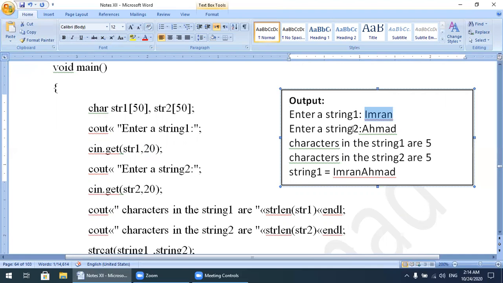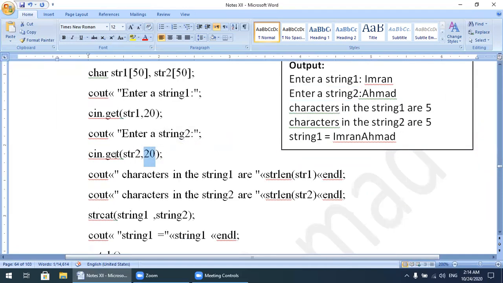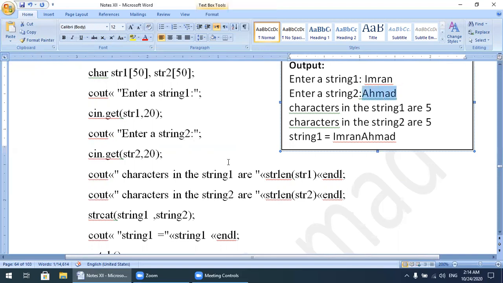This message will appear on the screen. For string 2 also I assign within the range of 20 characters, cin.get str2 comma 20. With the help of this function I will assign a maximum of 20 characters. So I enter Ahmed.